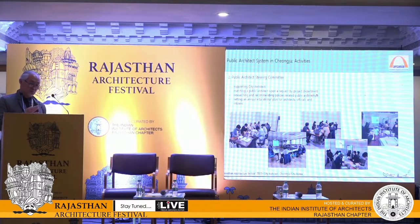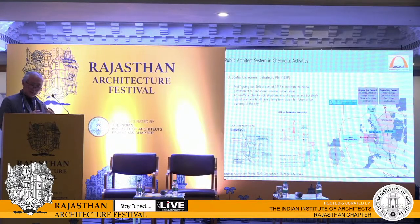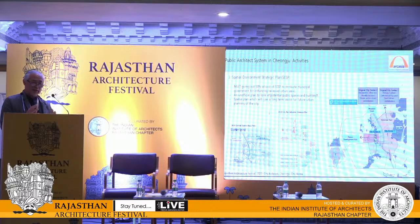Also, the Public Architect Steering Committee, working with the public architects, handles all matters in the public building delivery system. Also, I manage the spatial environmental strategic plan, which coordinates with the urban plan. As an architect, I look at more detail in three-dimensional space. I'm not sure that we have an urban planner here, but it seems to me city planning is based on a two-dimensional basis. And as an architect, we look at more three-dimensional space and at some potential public projects